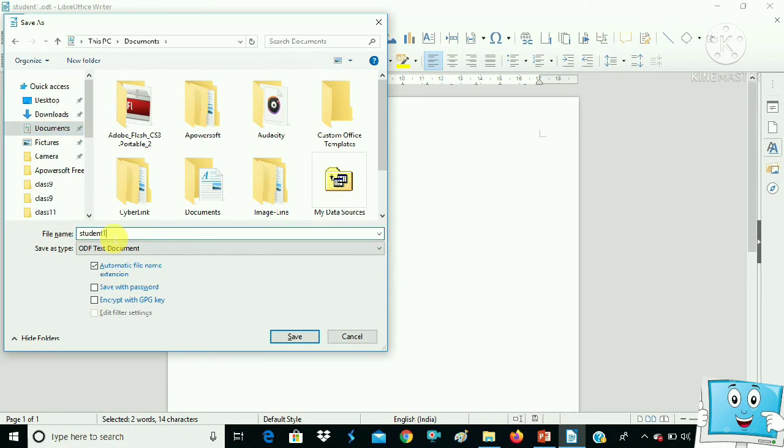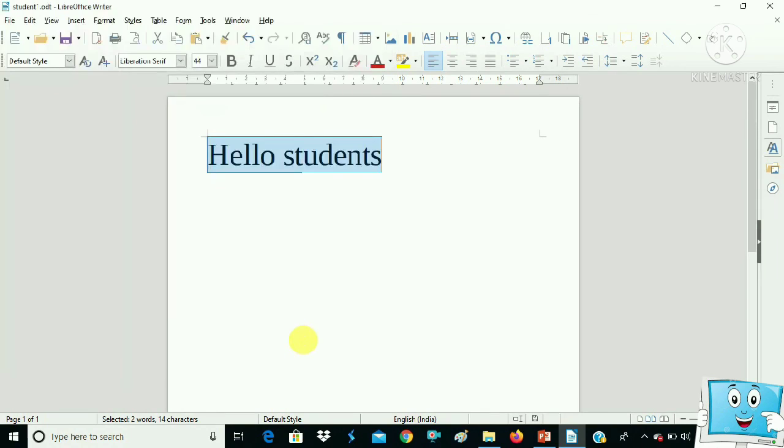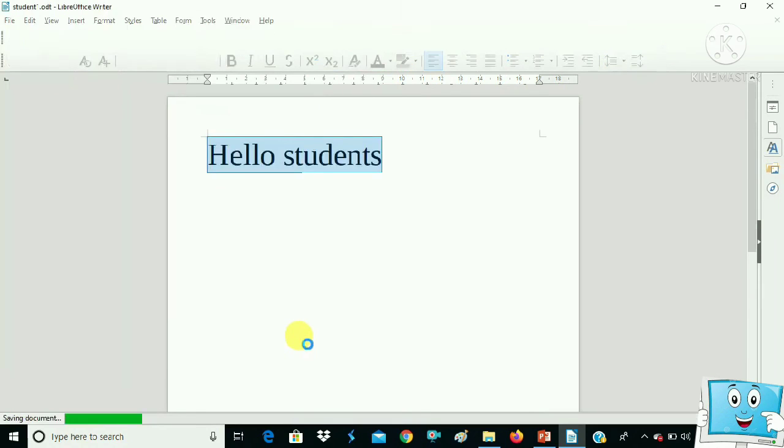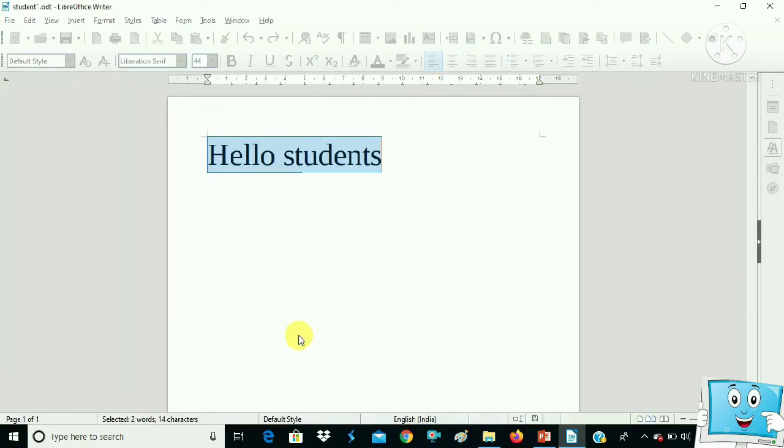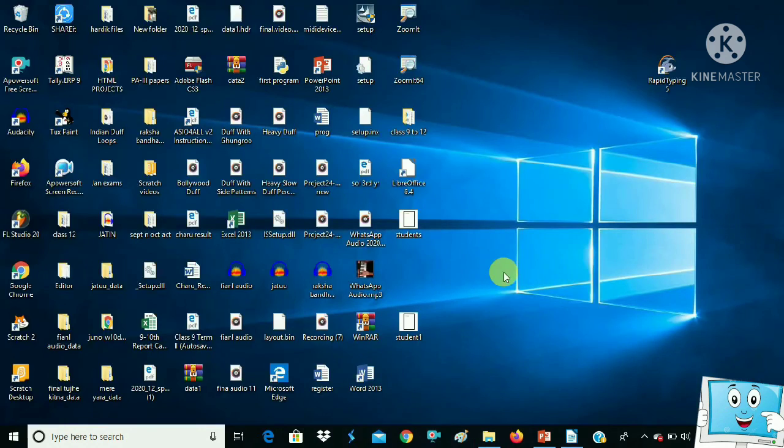I give the name of the file as student2 and click on Save. So what happened? The file student2 is saved in Documents and the file student1 is saved on the desktop. So the file is saved in both places; the document is the same but saved in different places.